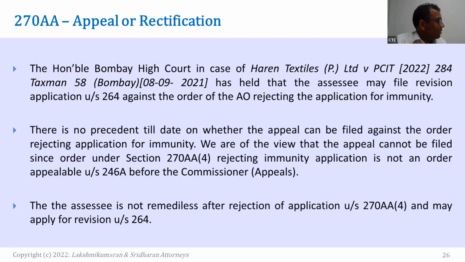Now I will take an example. A salaried person has not filed an income tax return. He is receiving a 148 notice. Now he is filing a return declaring 50,000. He is declaring a gift from a relative, and the assessing officer is making an addition. He says I have received it from my close relative, and then he says I am filing this compounding and I am paying taxes. So whether I will be immune?